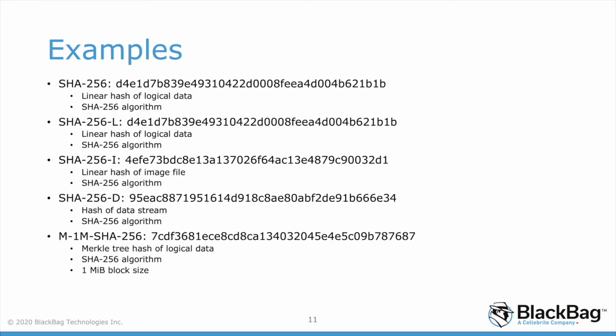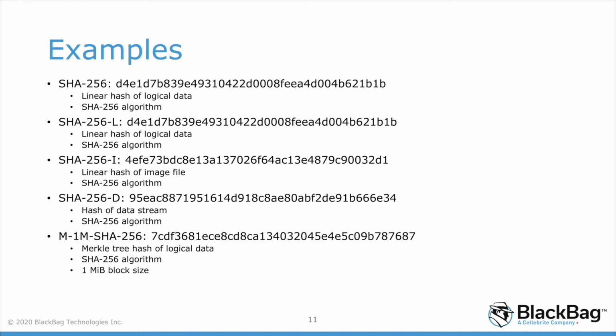So some examples here. On the first, this is exactly what you see in your tools, and this approach is sort of backwards compatible, because you could just say SHA-256, and from that we know that this is a linear hash of the logical data in the image, and uses the SHA-256 algorithm. This is exactly the same as if you would use SHA-256-L, because the L just explicitly says that this is the linear hash. Using the same approach in -I, now we have a different hash value because this isn't the